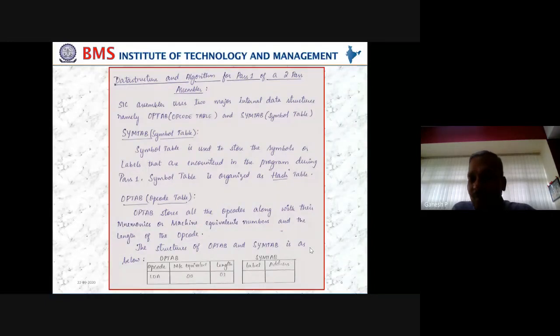If it is manual, we look into that particular table and start assembling. But the system also should have a provision to access this type of data, and that can be done only through some data structures. One such data structure is OPTAB. As the name says, OPTAB represents the opcode table. As the name says, it is going to contain all the opcodes. What are opcodes? LDA, STA, LDCH, STCH, ADD, SUB, MOV, JEQ, whatever we have in the particular SIC or SICXE, they will be listed in a table.